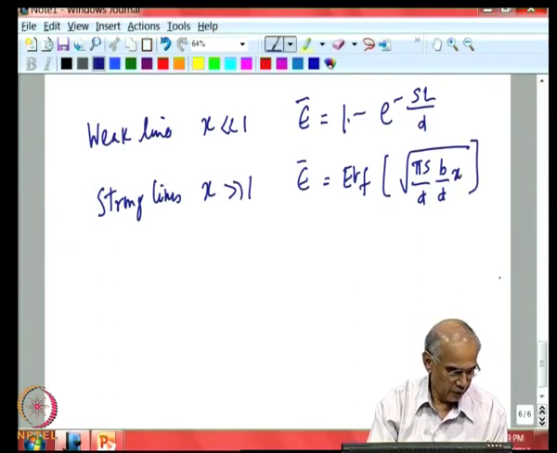And finally, if you have non overlapping lines,